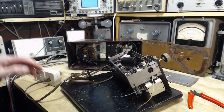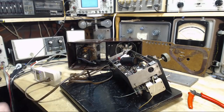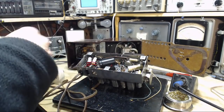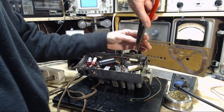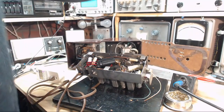So what size wire would you want to shove in there? Where's the plug? Pretty heavy gauge wire. Okay, so I'm going to hunt down a way to install a short. Turn this radio on. I think we got it that time. Okay, so